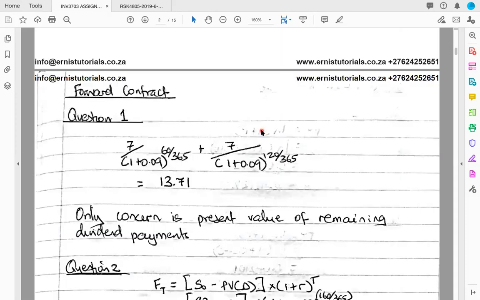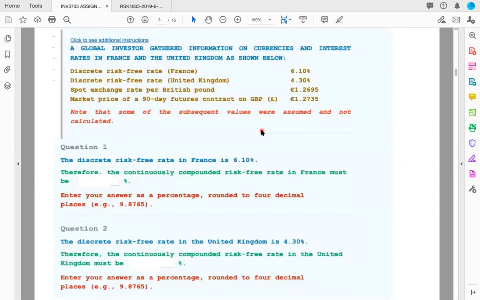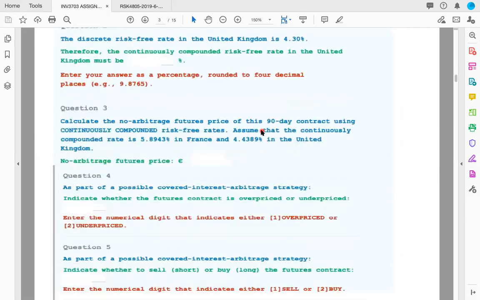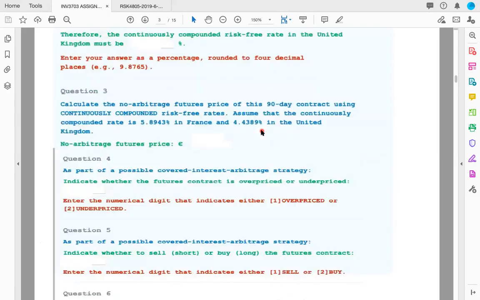Okay. So that's number 1. Next, let's look at number 2, covered interest arbitrage. Again, this is a relatively short question, but it's a question that